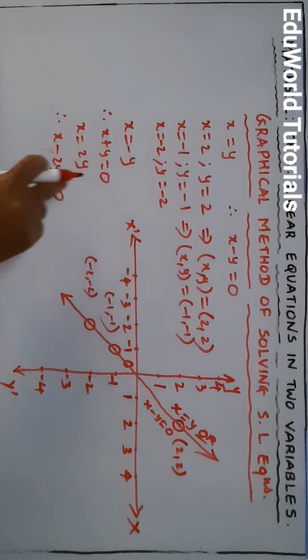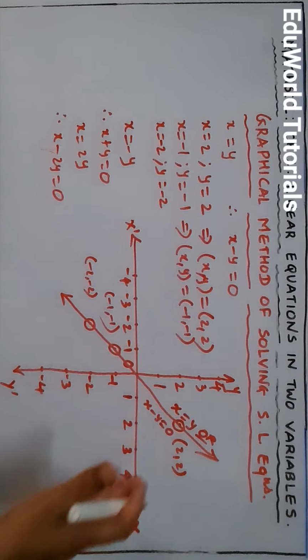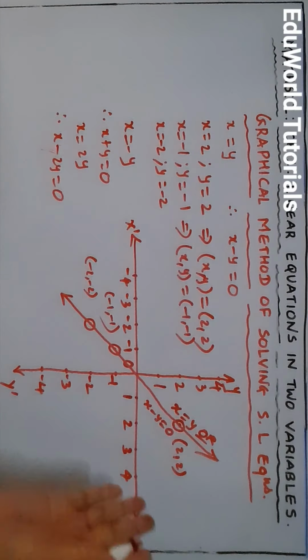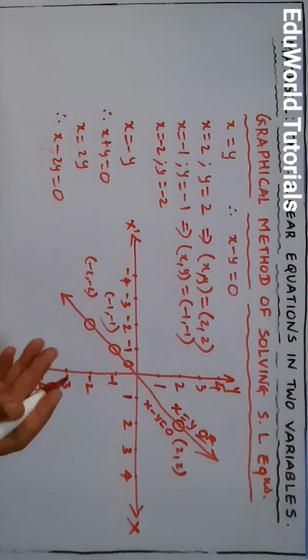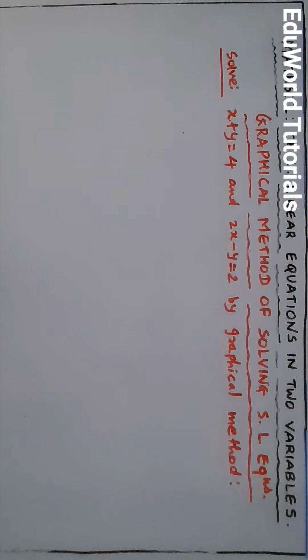And we can draw graphs of all these equations. But remember, graphs of all such equations will be lines. Either they will be lines passing through the origin, or they may be lines intersecting the x-axis and y-axis. Okay, so I have given you the idea of the meaning of linear equations in two variables.